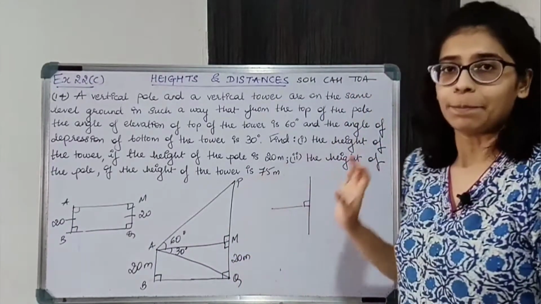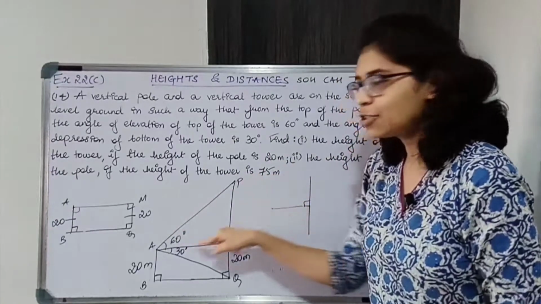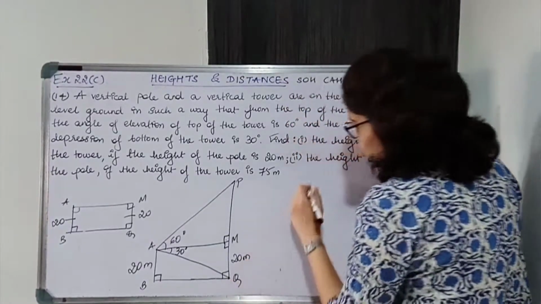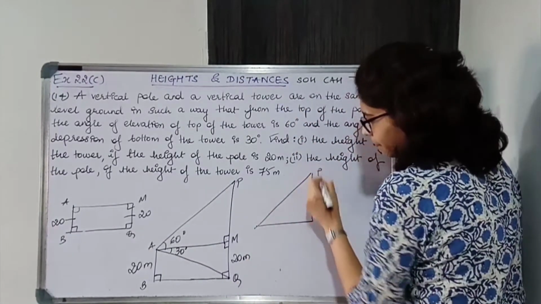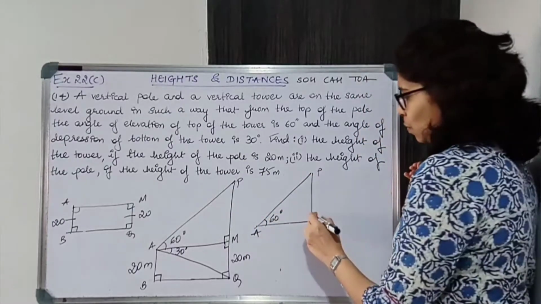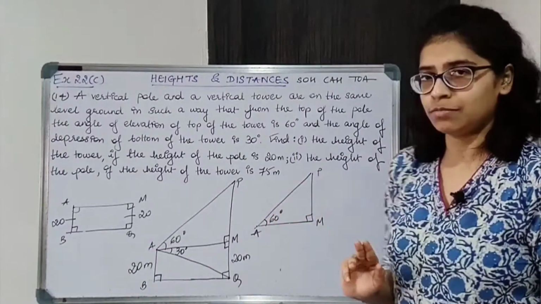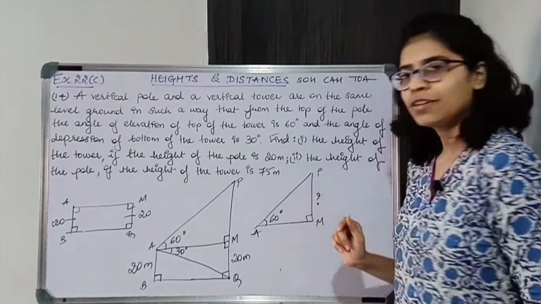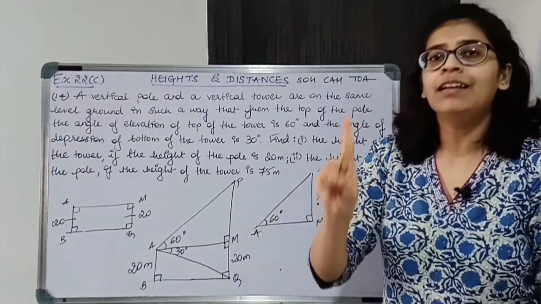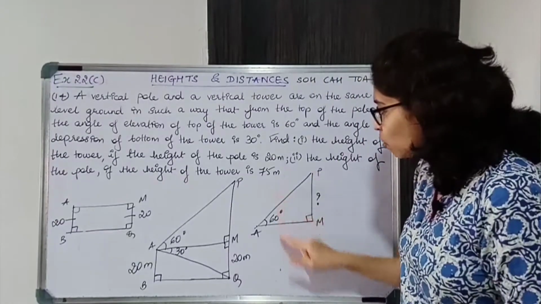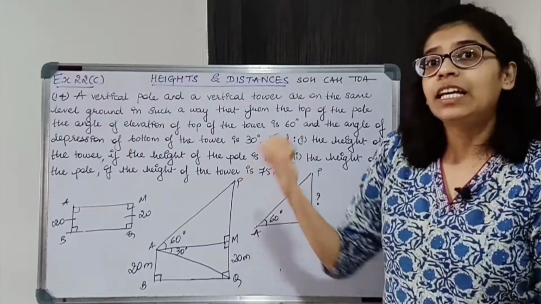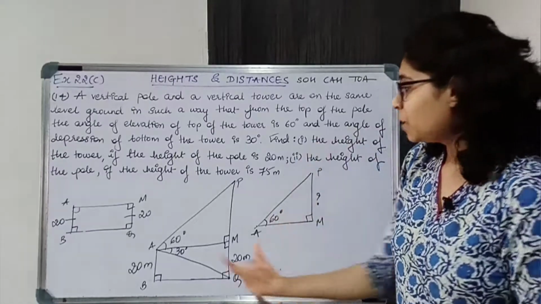Now we need to find PM. For PM we are going to consider this right angle triangle PMA. So let's consider PMA. Can we find PM? Now this is a right angle triangle. We know one angle. We need to find PM. For finding one side, for applying a trigonometric ratio, you're supposed to know one angle and one side. Do we know any of the sides over here? No, we don't know any side. But we can find one side. Which side? You can find AM.